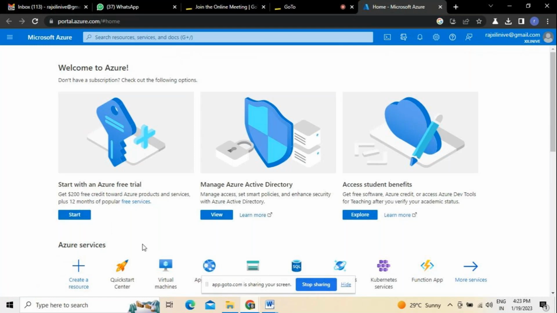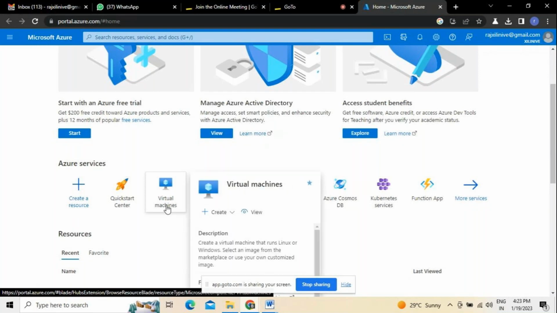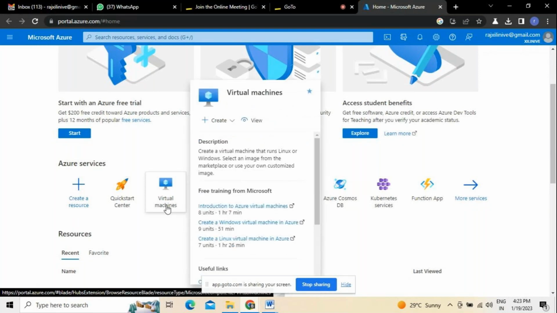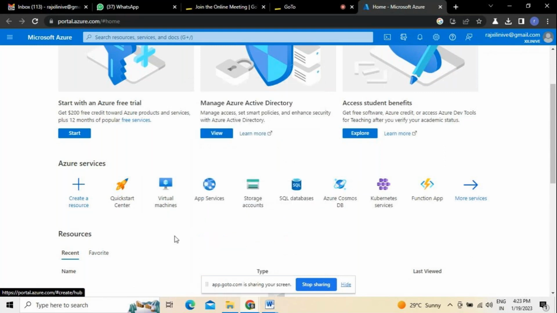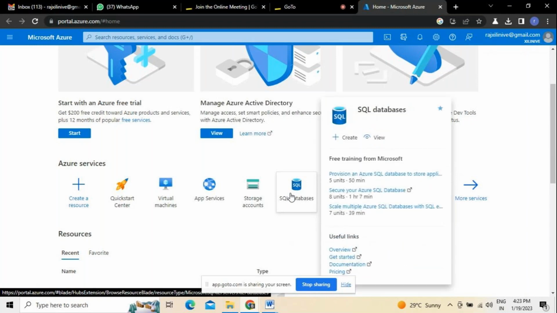At the same time, Azure has different services where we have to create different resources. If you want to create any kind of virtual machines in Azure, these can be created virtually so that we can connect with them and use them accordingly. Even if you want to connect to any databases, like SQL, structured query languages, this can also be